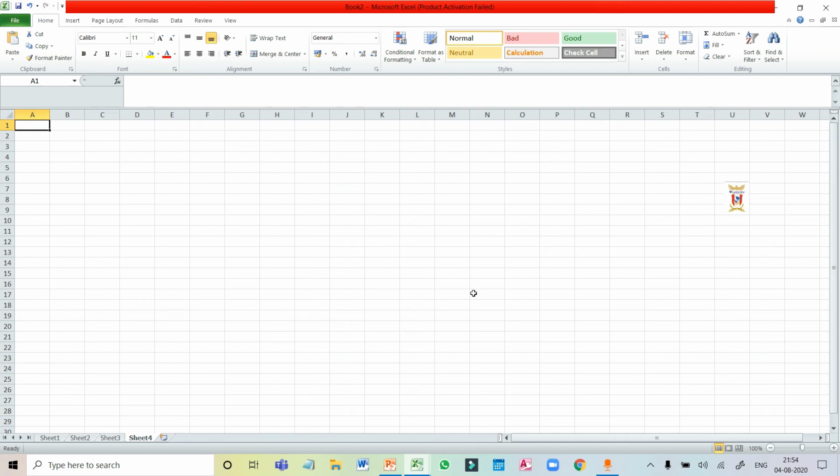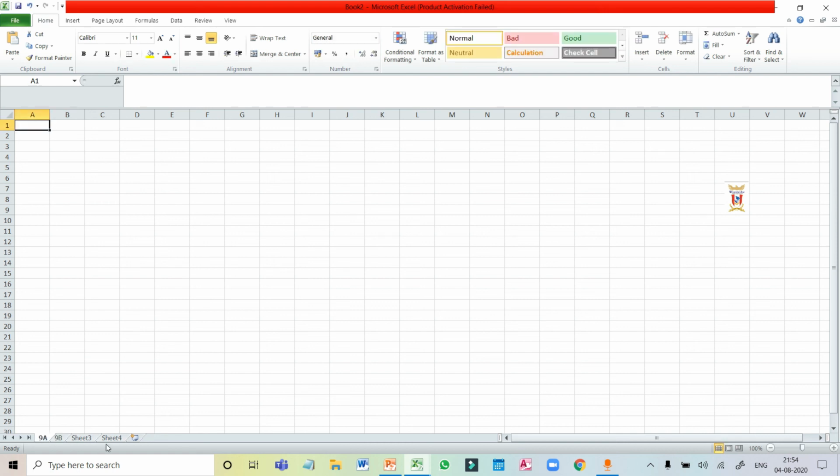The next topic is renaming a worksheet. To rename a worksheet, either double click over it and type your text like this. Otherwise, right click on the sheet name and click on the rename option. So there are 2 ways to do that. You can see the change in the names in the worksheet.